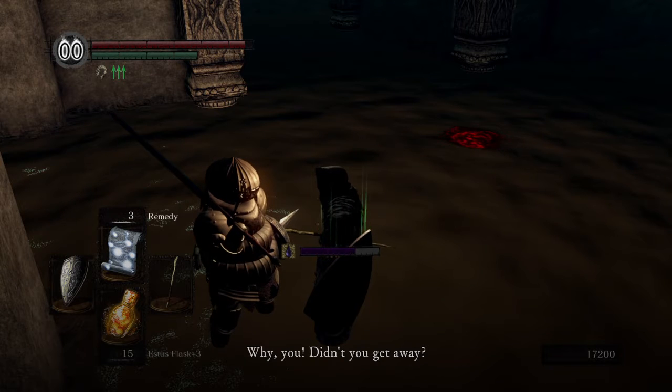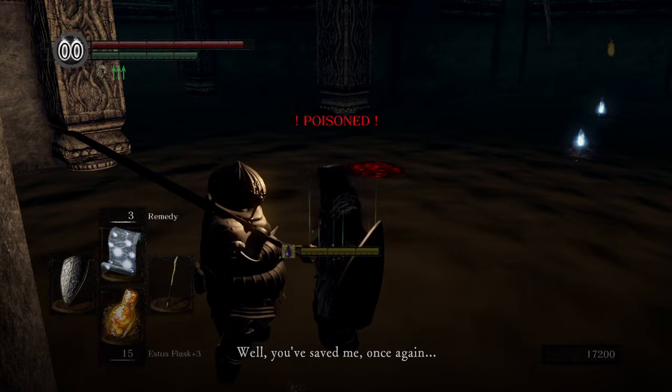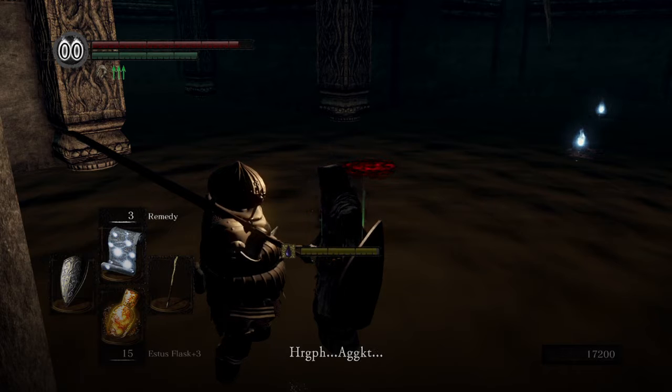Why, you... Didn't you get away? Well, you saved me once again. Dear me, what can I say? I have failed you. Oh no. My dear little...